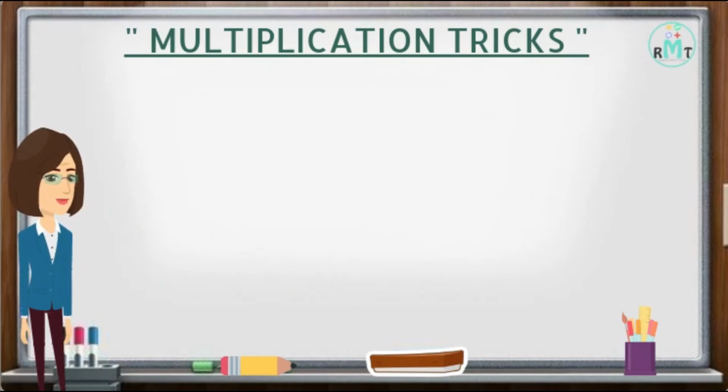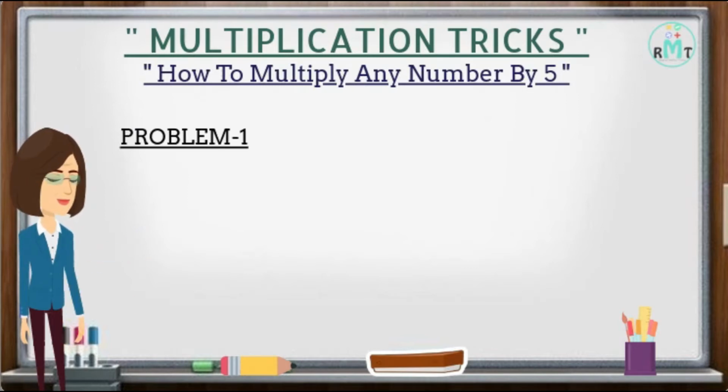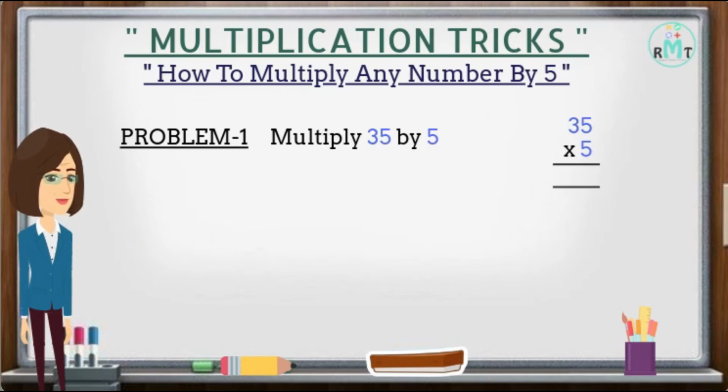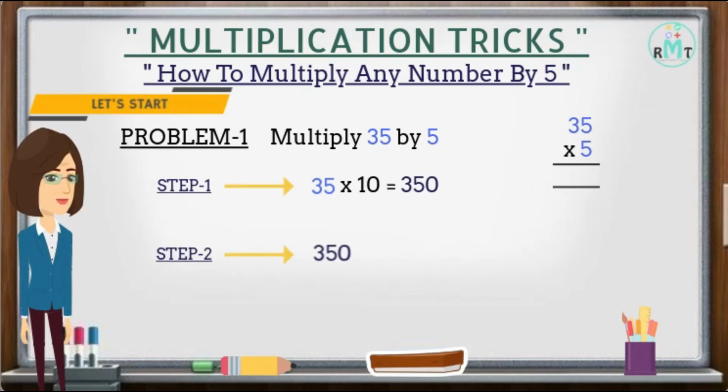Let us try to solve a few problems on trick 1, which is how to multiply any number by 5. Problem 1. Multiply 35 by 5. Let's start. Step 1. First we multiply the number 35 by 10, and we get 350 as the answer. Step 2. Now we will divide the result obtained in step 1 by 2, and we get 175 as the answer. Hence, the final answer is